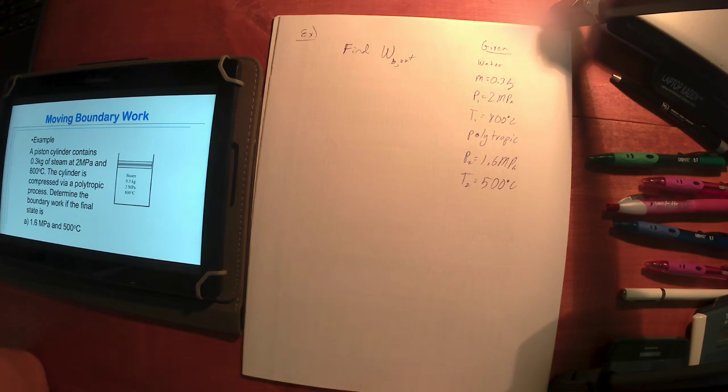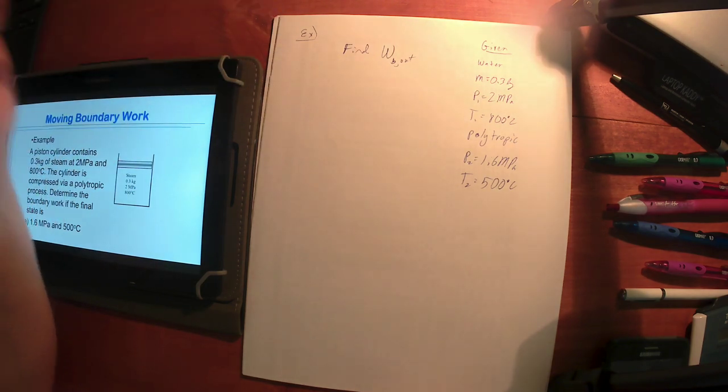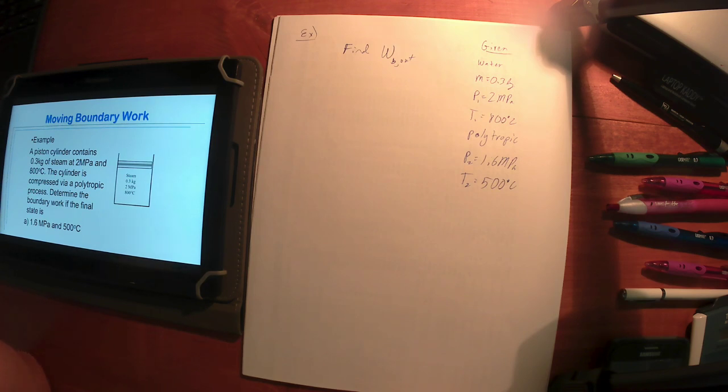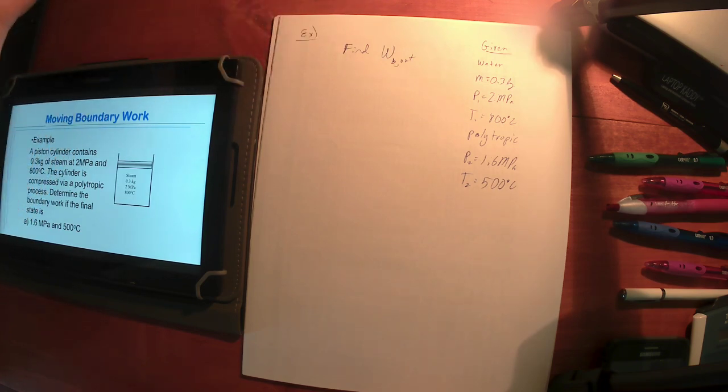Again, general problem solving says, what are you looking for? What do you know? What are some good tools to get you to a solution? Well, what are some good tools we would have to find the boundary work? The best tool we'd have to find boundary work, of course, well, there's two that come to mind. One would be the first law,